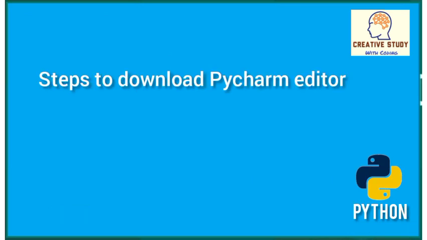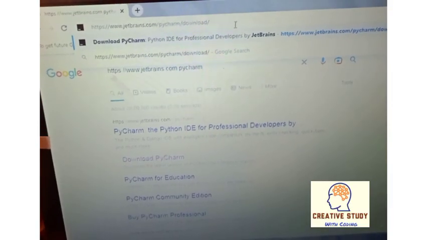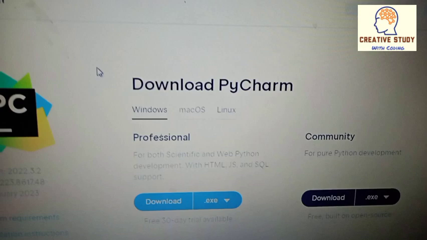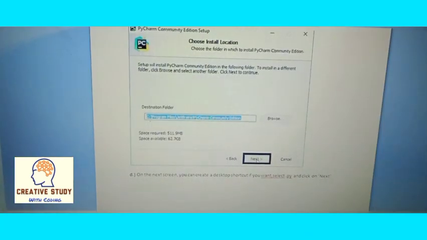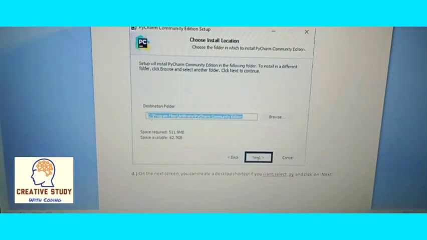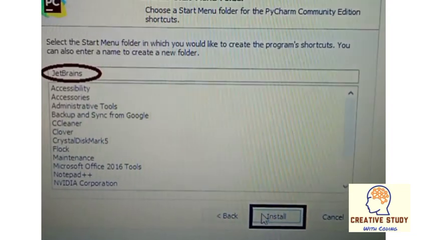Now let's see the steps to download the Pycharm editor. First of all, write this link in your Chrome browser and you will get this screen on your system. Now click on download given under the community section. After completion of download, run its exe and a setup wizard will be displayed. Then click on the next button. Then you get this screen and you can change the installation path if you want, and then click on the next button. Then you will get this screen, and on this screen you can create a desktop shortcut. Select .py and click on the next button. Now on this next screen, keep